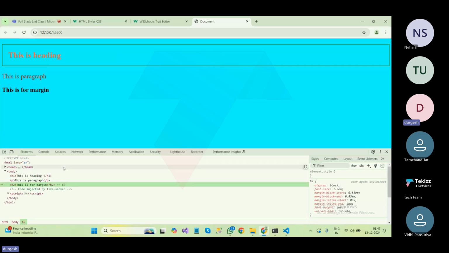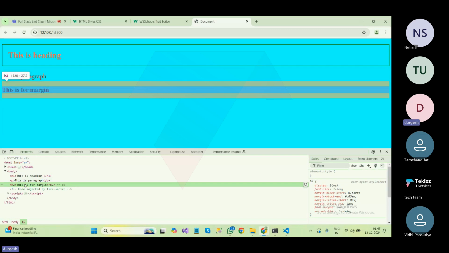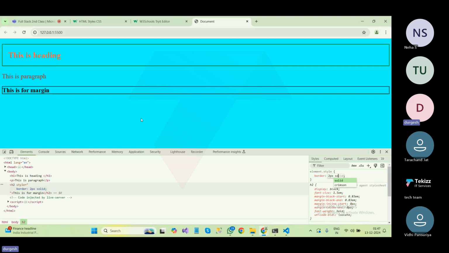Inspect element. Go to the inspect element and target the margin. H2 text, target the H2 text. First add a border. Sorry, not radius, border. Pixel, solid, and provide the color is